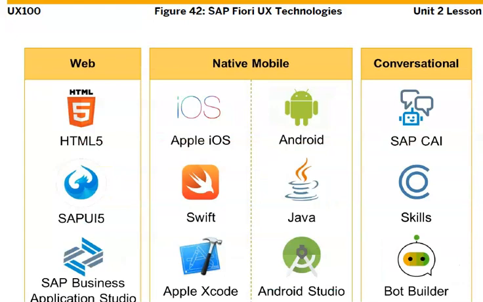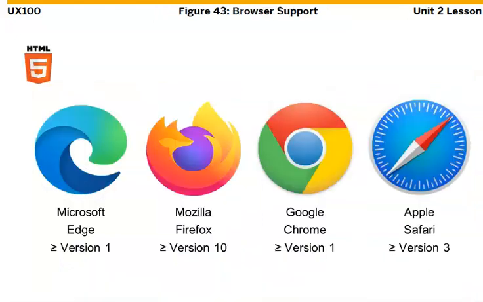So you can access SAP Fiori user experience technologies from any of the web applications: HTML, UI5, and SAP Business Application Studio. We can use any of these web applications. We have native mobile, like you can have an application being installed or launched into Android, Java, Android Studio, iOS, Swift, Apple Xcode. So it can integrate with everything. Conversational AI, SAP CAI, skills. It can integrate with everything. Okay, so we can browse it from any of the browsers,